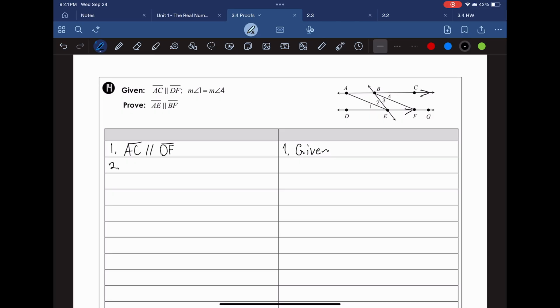And then 2, I know that the measure of angle 1 is equal to the measure of angle 4. That is also given to us. Measure of angle 1 is congruent to angle 4. And I haven't even actually looked at what we need to prove yet. I'm just looking through and saying, oh yeah, I know these things are given to me, but at the end of the day, I need to show that